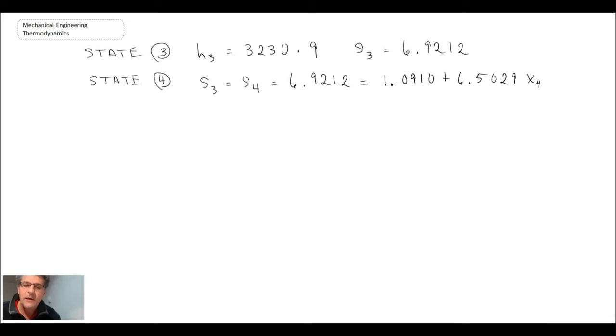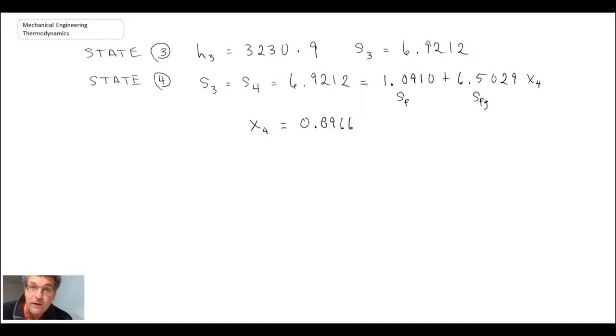And so those are the values off the steam table for Sf, and then that would be Sfg. And from that, we can then solve for the quality at state 4,